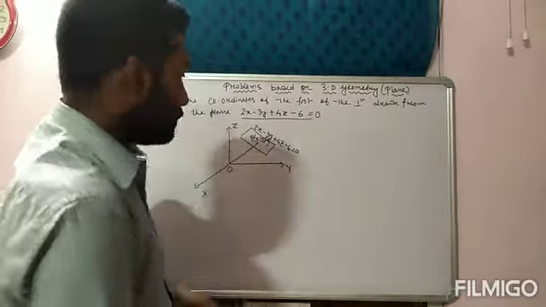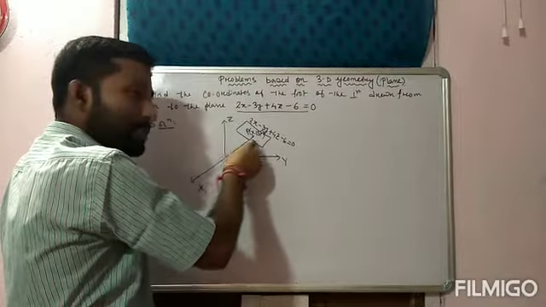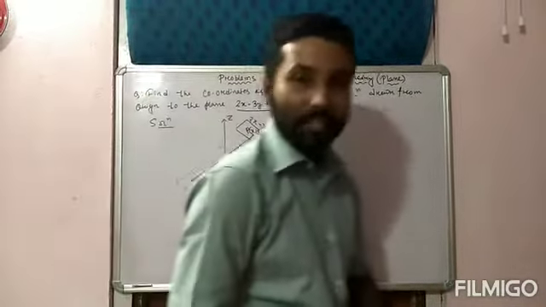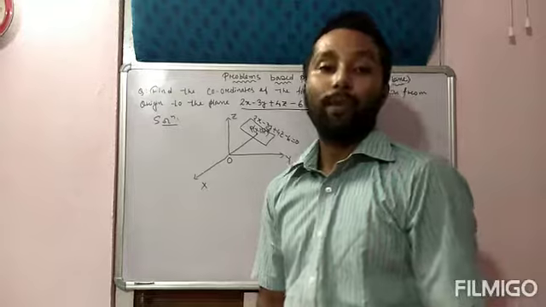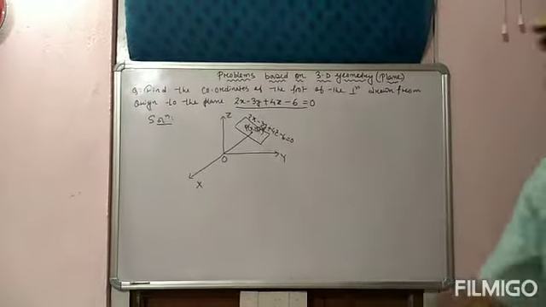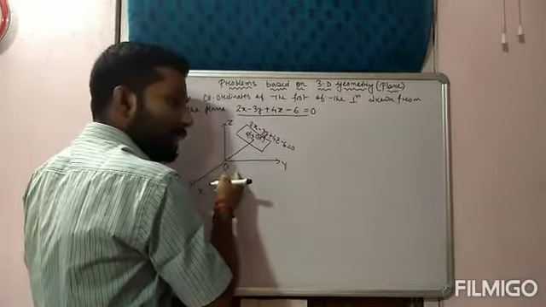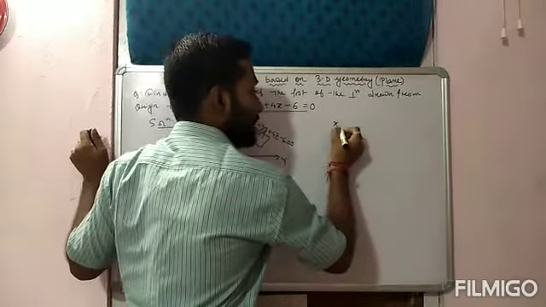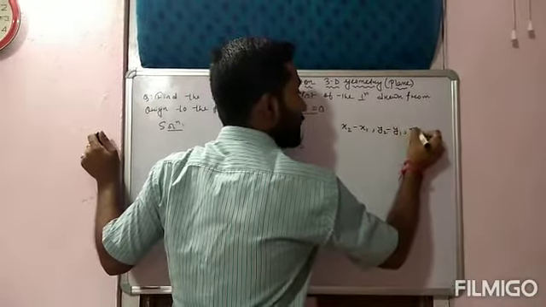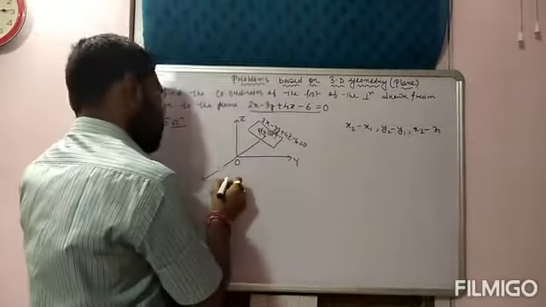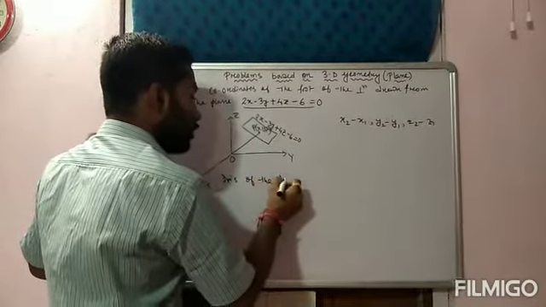Okay, so from this diagram we can say that the line OP is a straight line, so we can find the direction ratios. Okay, so let us find the direction ratios of the line OP. So how can we find the direction ratios? Direction ratios of a line segment joining the 2 points. Formula is x2 minus x1, y2 minus y1, z2 minus z1. So the direction ratios of the line OP